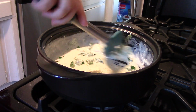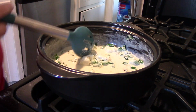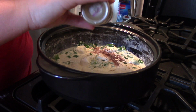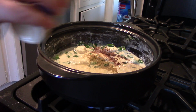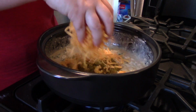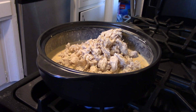So you start out with butter, garlic, and a jalapeno, and then once that has sauteed for a little bit, you add in some cream cheese, some heavy cream. The recipe also calls for almond milk, but I used entirely heavy cream because I didn't have any almond milk on hand, so I was going with what I had. Also, you're then going to add your green chilies, your shredded cheese, and then once that's all melted in, you